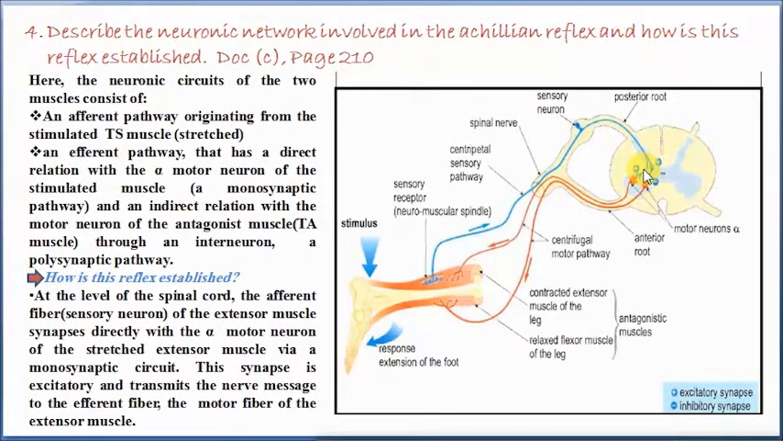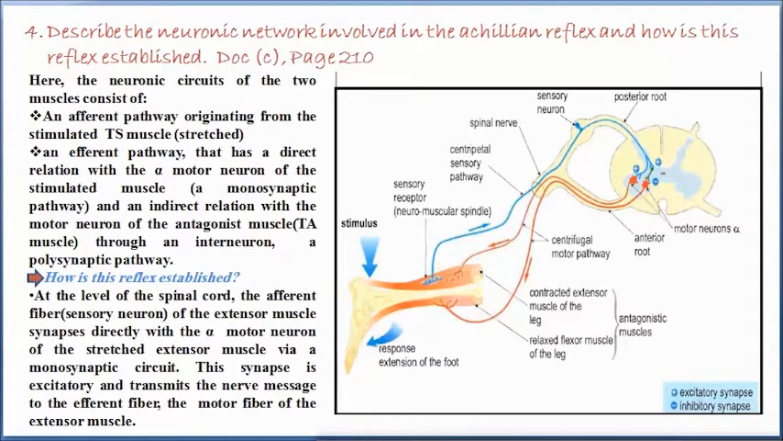which is carried by the sensory neuron reaching the spinal cord. Now here at the level of the spinal cord, the afferent fiber, that is the sensory neuron of the extensor muscle, is synapsing directly with the alpha motor neuron of the extensor muscle, that is of the TS, the triceps surae, via a monosynaptic pathway or circuit. Now the synapse is excitatory, so the message is going to be transmitted to the efferent fiber, which is going to reach the extensor muscle, causing the extensor muscle to